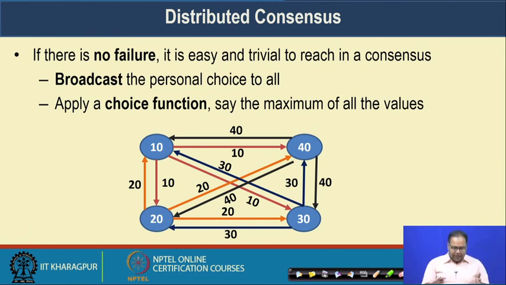So, in this particular architecture, every individual node is expected to receive all the messages from the peers in a non-failure environment within a predefined timeout, and every node can wait for that much time. In a synchronous system it is expected that everyone will receive the message. Once they receive the message, they can find the maximum of all the received values from different messages and take that as the value for the consensus. However,